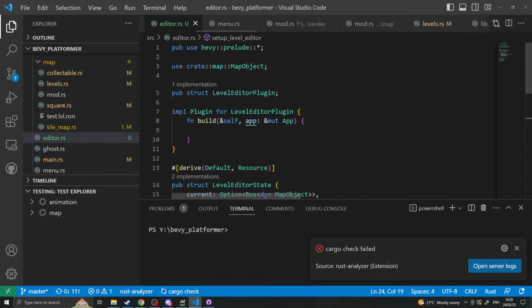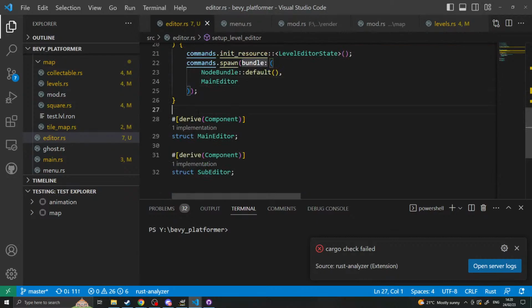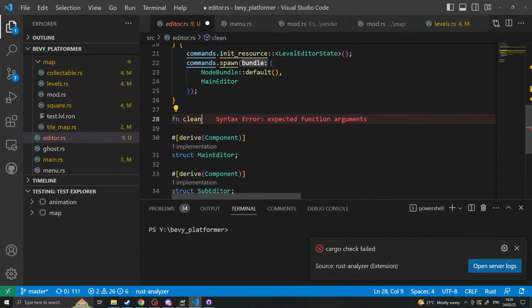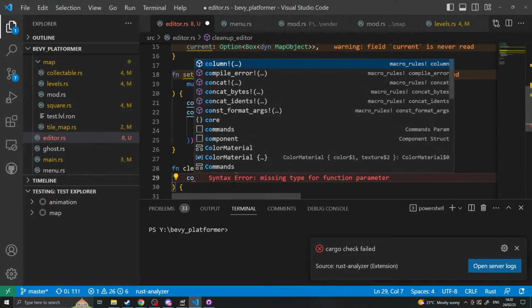Okay. And then we want to say fn cleanup editor, which is going to run, and it's going to take in commands,